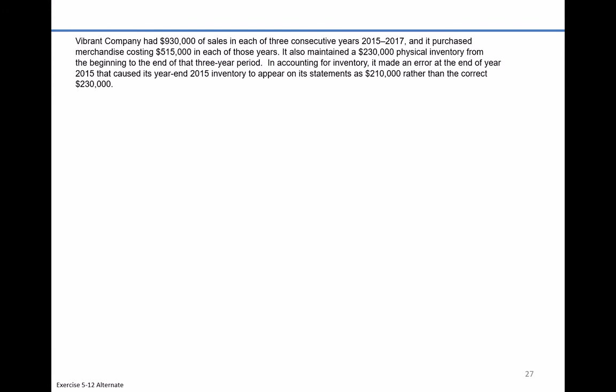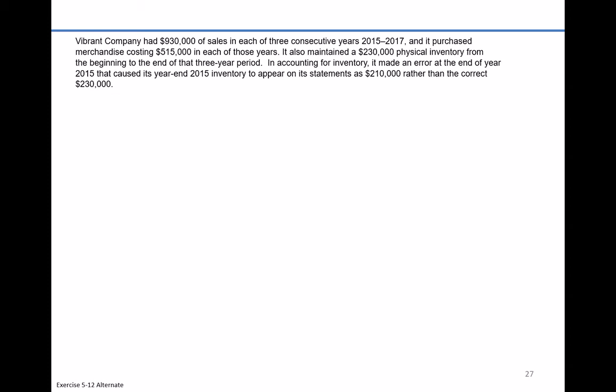It said that they had $930 in sales in each of the 3 consecutive years, 2015, 16, and 17. It purchased merchandise costing $515,000 in those years. It also maintained an inventory of $230,000 from the beginning to the end of the 3-year period. Now, in accounting for inventory, it made an error at the end of year 2015. That caused its year-end 2015 inventory to appear on the statements as $210,000 understated, rather than the correct amount